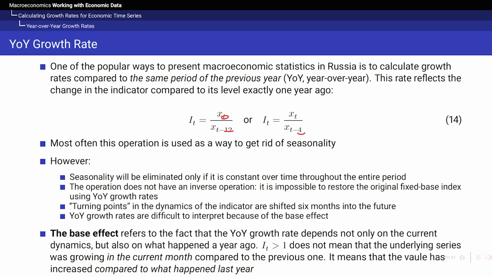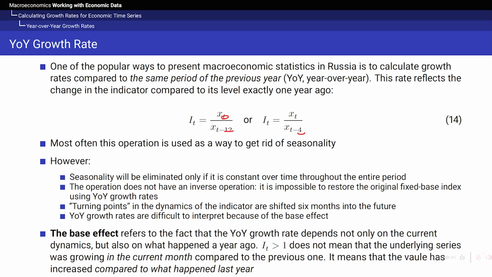Usually, such a transformation is performed to get rid of seasonality. However, this turns out to be quite a poor way of analyzing economic statistics. First of all, residual seasonality may still be left, because seasonal patterns evolve over time. They are not constant. That's why by dividing the values over the same months, you can still have some residual seasonal effects. The second and the major disadvantage is that year-over-year growth rates cannot be chained together to yield a